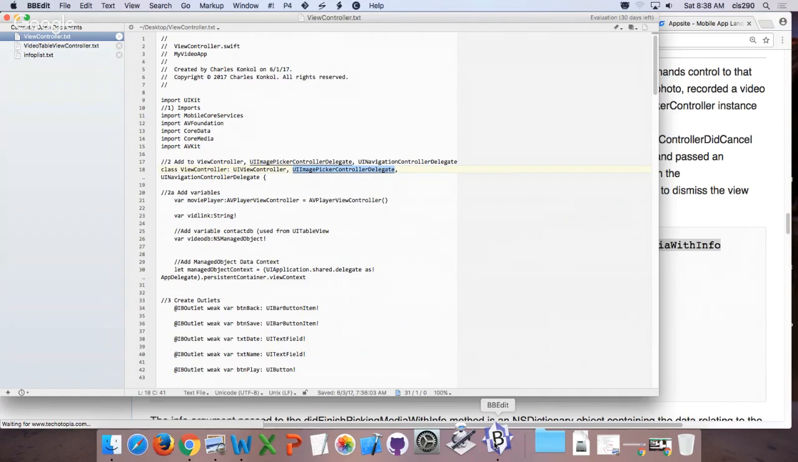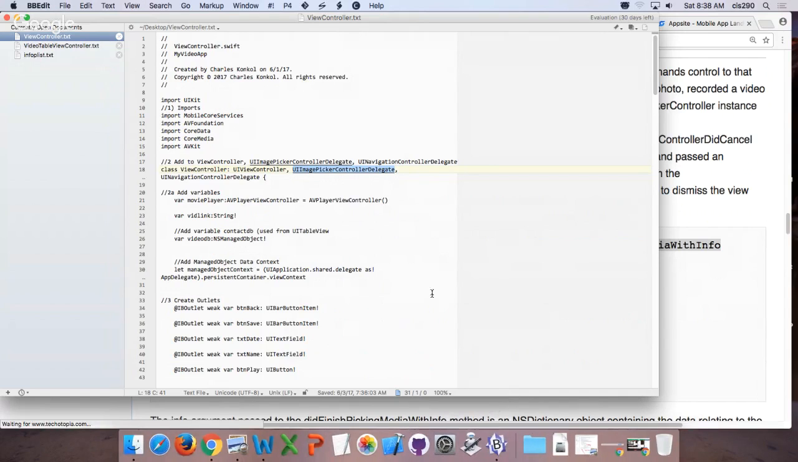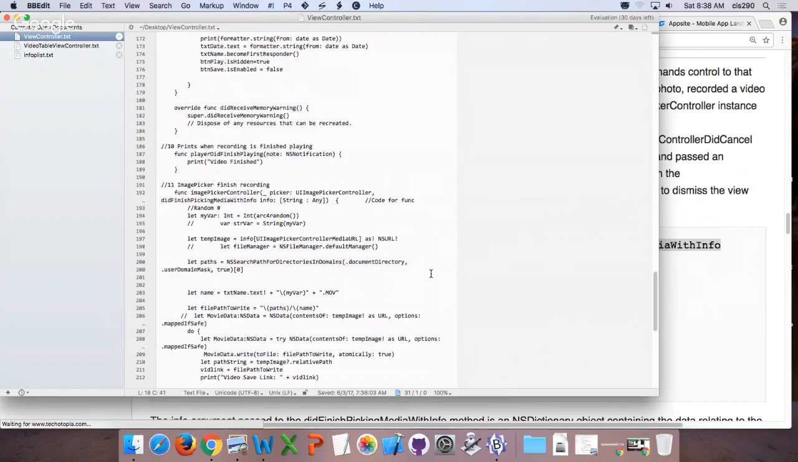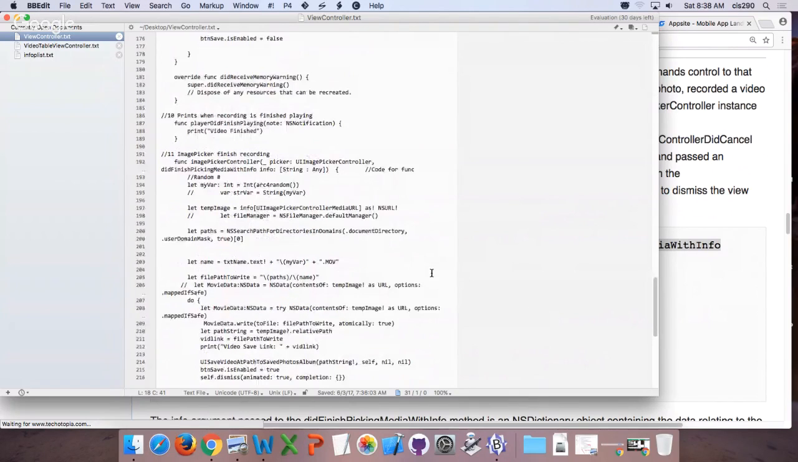It's a ways down. Let's see. It's on line 192, which is page 6 of 8. And 192 is function imagePickerController. I have as a comment above that "image picker finished recording." So this image picker controller uses the UIImagePickerController didFinishPickingMediaWithInfo,